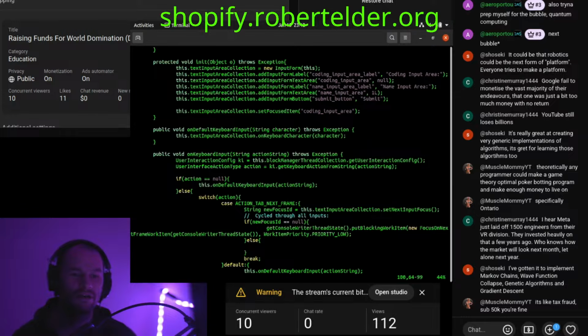Meta just laid off 1,500 engineers from their VR division. They invested heavily in that a few years ago. Who knows how the market will look next month, let alone next year. Yeah, I think some of these things come down to, at that scale, these companies just ask one question: what is going to achieve the highest growth rate? Is it VR? Is it vehicles? Is it AI? Is it